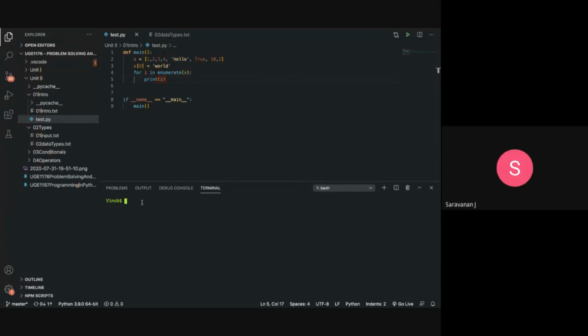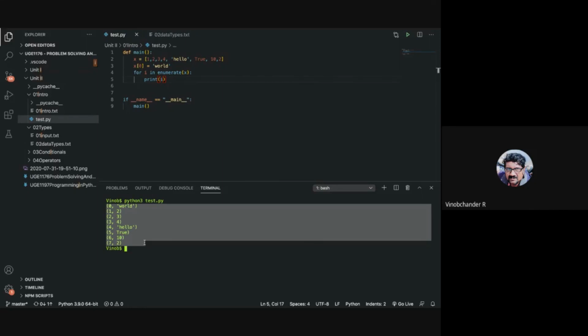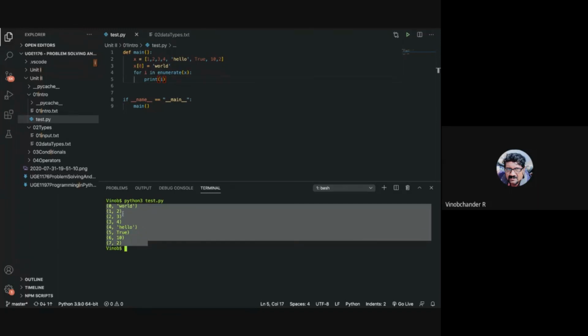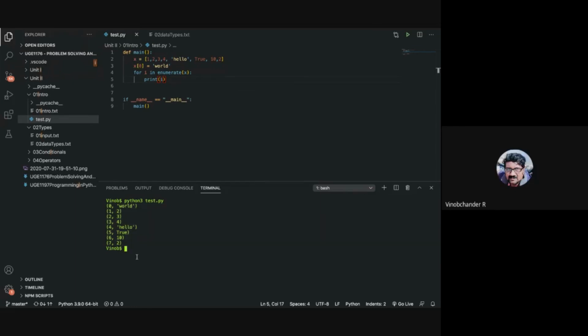Get a tuple, I think, with the values and keys, I guess. You get a tuple. So what do you mean by tuple? The return type is tuple, right? So you get both the index position and the values, but you have a different kind of representation. So either way, depending upon the output that you want to print, you can print it this way or the other way. Okay, sir. Thank you.